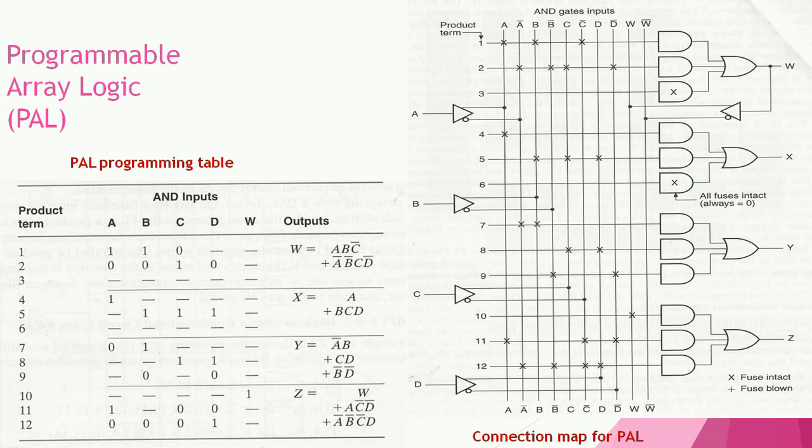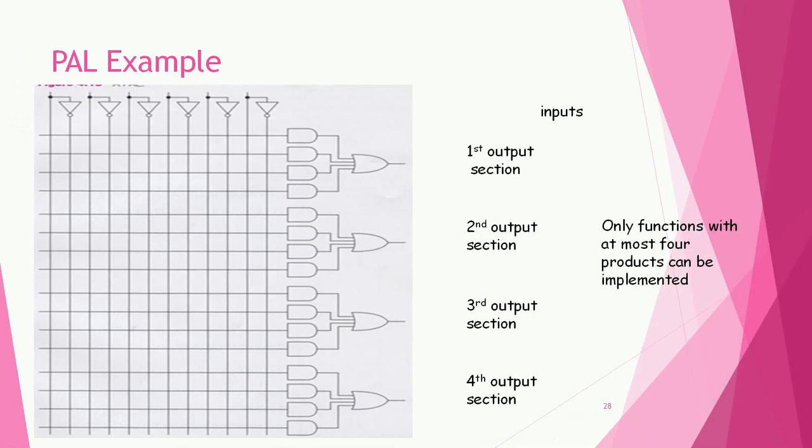This is one diagram you will observe of programmable array logic, in which we have prepared the PAL table and 5 inputs are there, and you can implement that. In the next few slides I have explained this stepwise. This is also one example. You will observe the inputs and outputs are used by the invert non-invert logic. Then these are the inputs you will get.